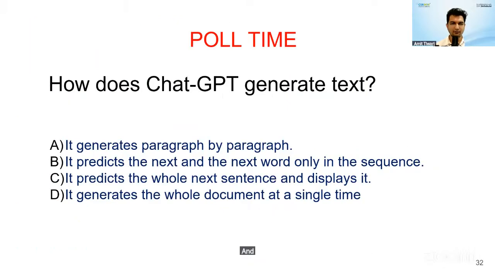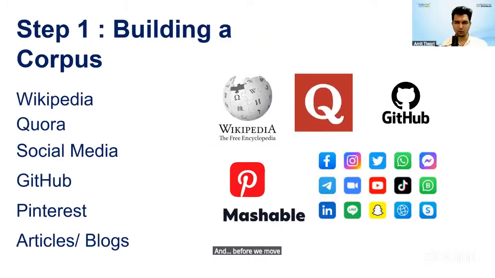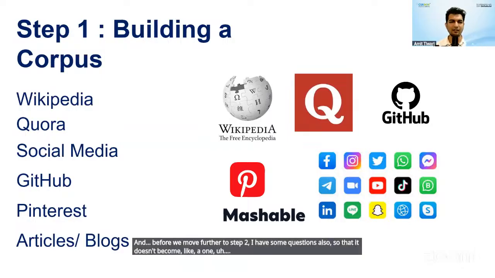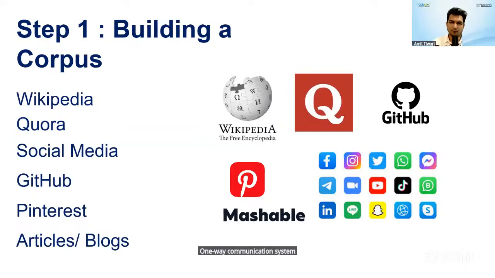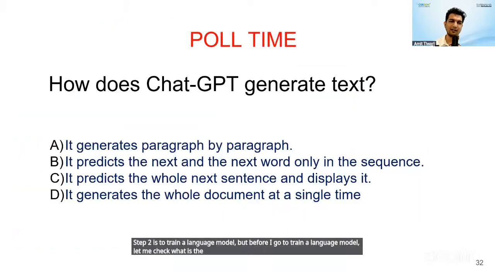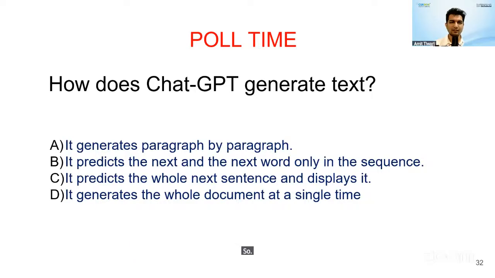Before we move further to step two, I have some questions also so that it doesn't become a one-way communication system. Step one is to build a corpus. Step two is to train a language model. But before I go to train a language model, let me check what understanding you have right now. So a quick question: how does ChatGPT